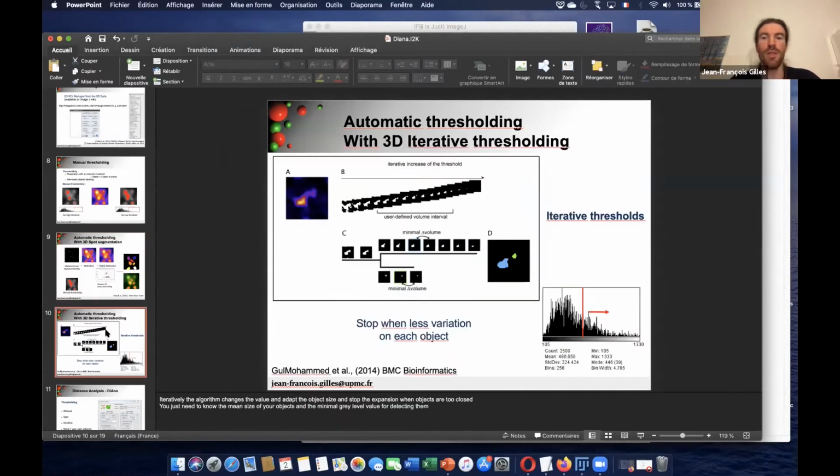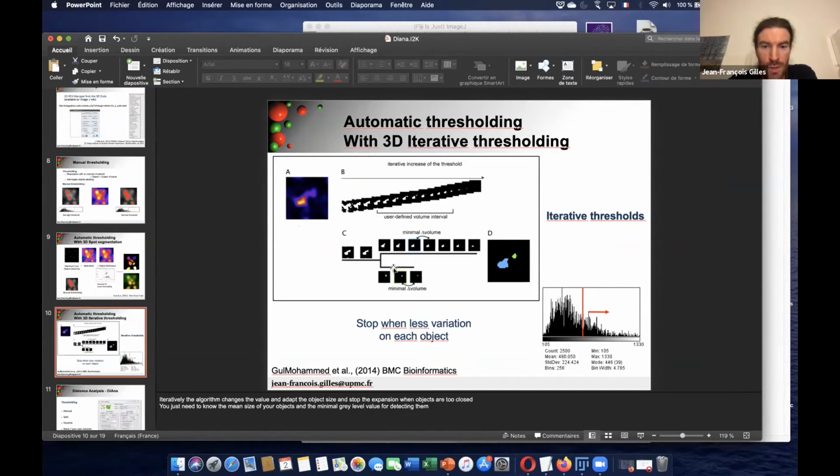Another possibility is to do the 3D iterative thresholding. When we have an object, it sequentially increases the threshold value and calculates the size of the object.